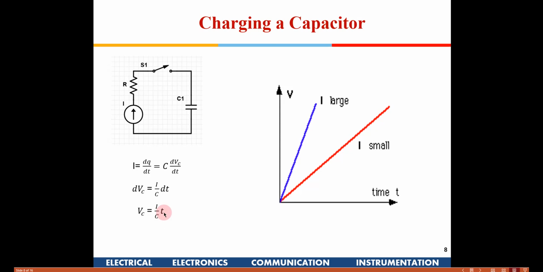What does it indicate? If I put a current source here, the voltage can go up linearly with time to infinity. But practically this won't happen, because the current source cannot generate that kind of voltage itself, right? It will get saturated at the maximum permissible for a practical circuit. But for theoretical purposes, as the time keeps increasing, the voltage will keep increasing.